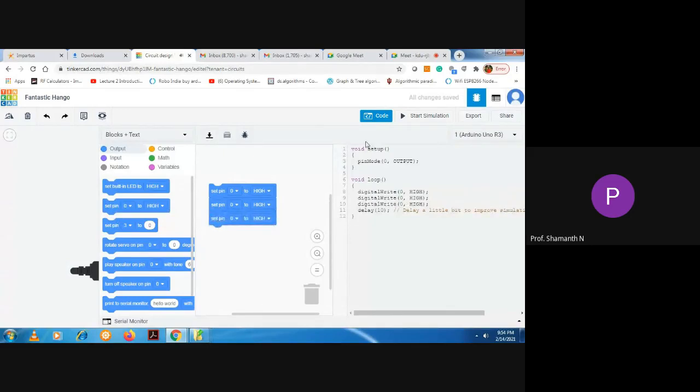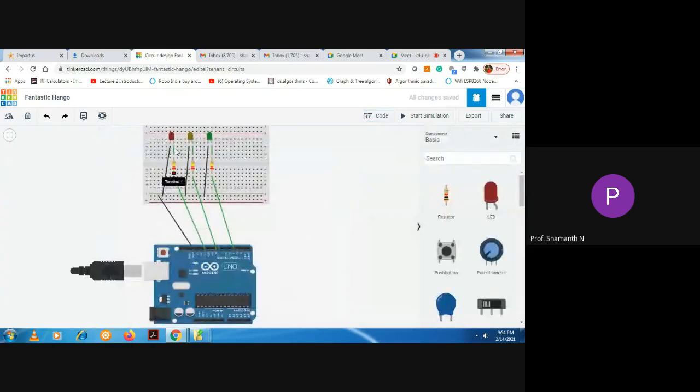First I want to make the red LED be on. The anode pin of the red LED is connected to pin number 11. There are three pins: pin number 11, pin number 8 and pin number 4. I will first select these pins.